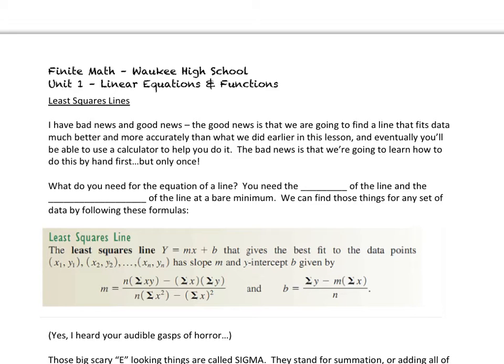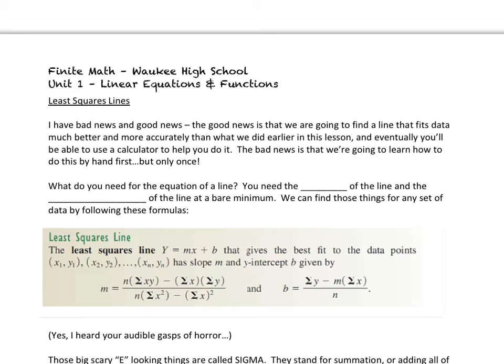In a previous video, we talked about the idea of doing what was called a best fit line. And one of the things that we discussed about best fit lines in that video was the reality was it wasn't really the best. So I have some good news and bad news. The good news is there are mathematical methods that we can use to find a better linear model than the so-called best fit line. And more accurately, it may make a more accurate prediction rather than what we've done earlier